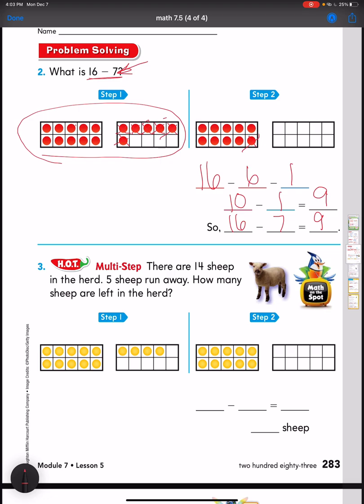All right, let's work through another one. There are 14 sheep in the herd. 5 sheep run away. How many sheep are left in the herd? So look, there's my 14 sheep, right? 10, 11, 12, 13, 14. 5 sheep run away. All right. How many sheep are left? So I'm going to get down to 10. I could take